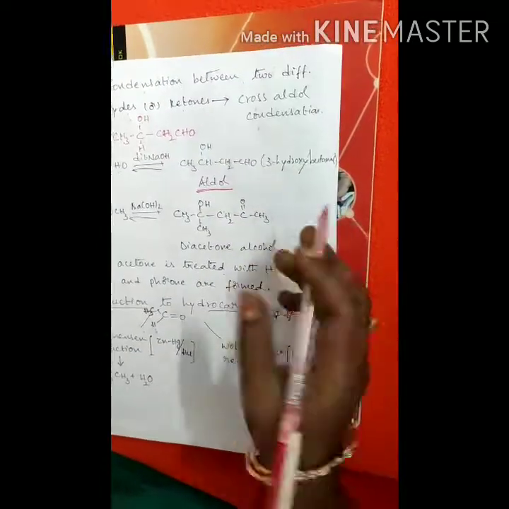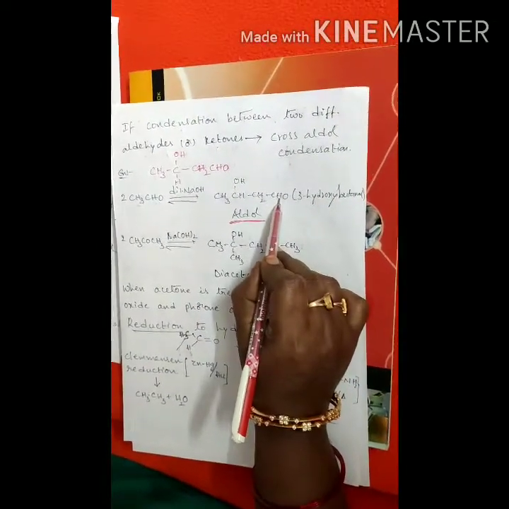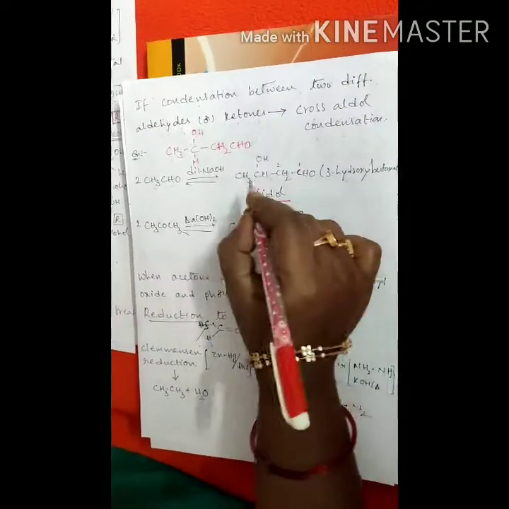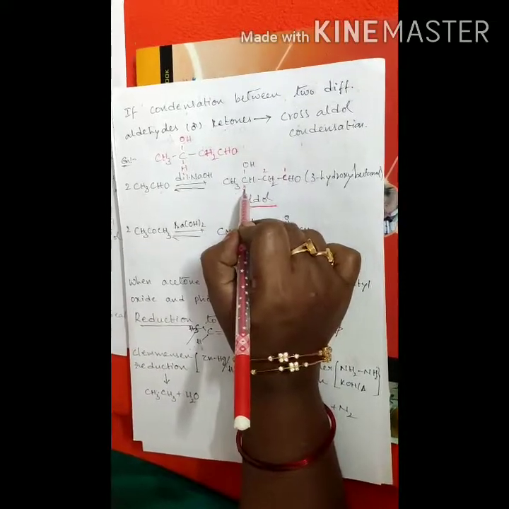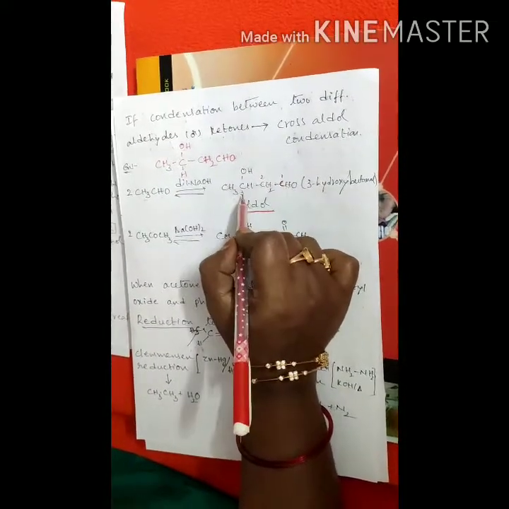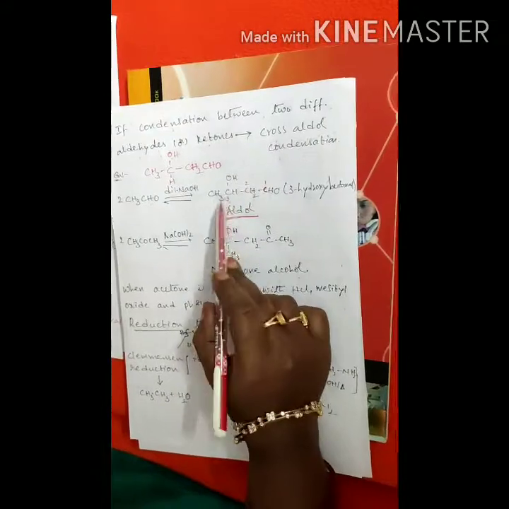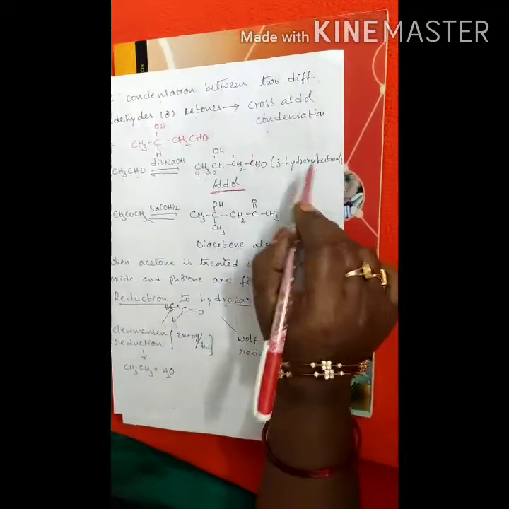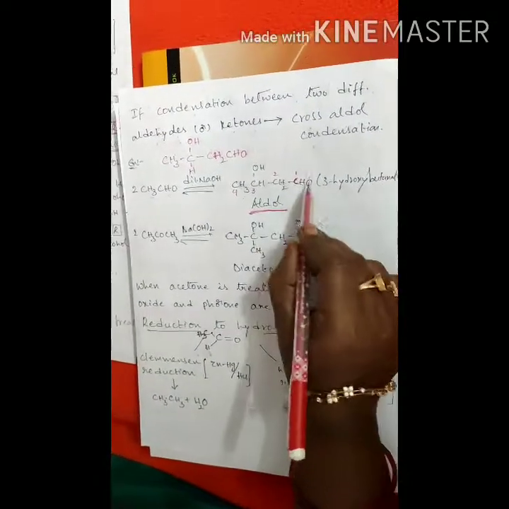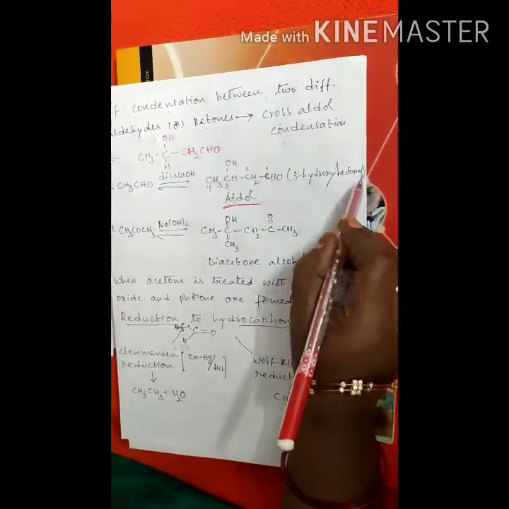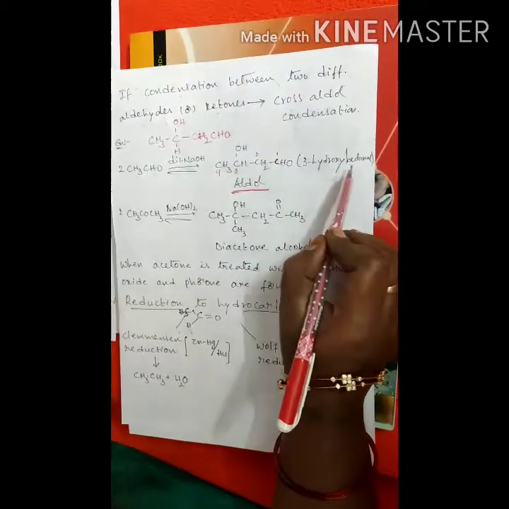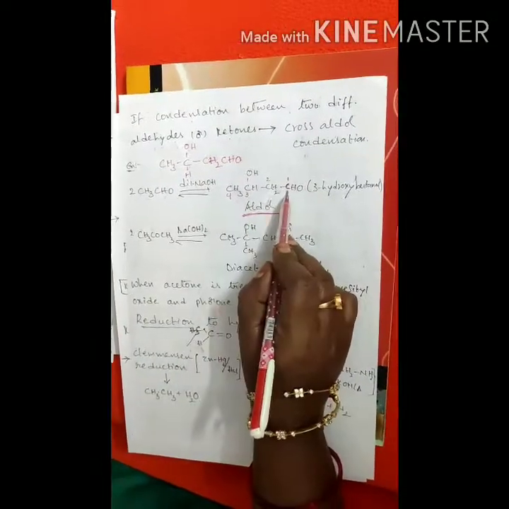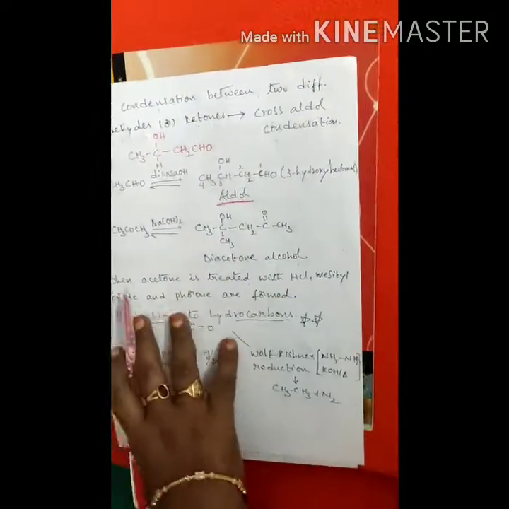Other name ఎలా రాస్తాము అంటే, this is our functional group. We give the first number to this carbon, second number, and this is the third carbon. Third carbon దగ్గర ఎవరు ఉన్నారు? hydroxy group ఉంది. So that's why 3-hydroxy. How many carbon atoms are there? Four carbon atoms, so but, single bonds are there, and al, aldehyde functional group is there. So the other name of this product is 3-hydroxybutanal. Like this way, we can write the product directly.